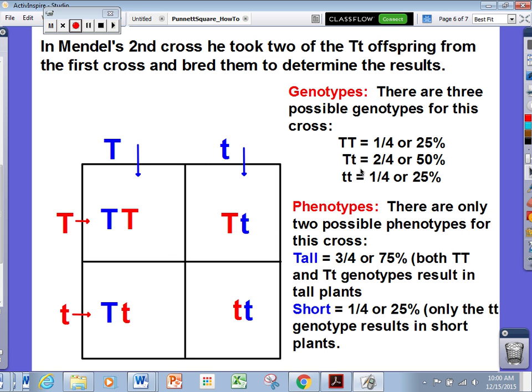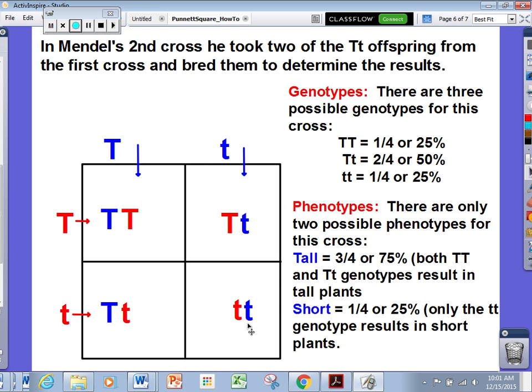So phenotypes, again, are based on the genotype, so you need to do the Punnett square first before you can figure out the genotypes and phenotypes. For phenotypes, there are only 2 possible phenotypes for this cross, and that's tall or short. There are no medium-sized plants. For tall plants, we have a 3 in 4, or 75% chance of getting tall plants. That's because both the big T, big T and the big T, little t genotypes result in tall plants. So we have a big T in 3 out of the 4 boxes, so those 3 are all tall. For short plants, we have a 1 in 4, or 25% chance, because only this little t combination of genotype